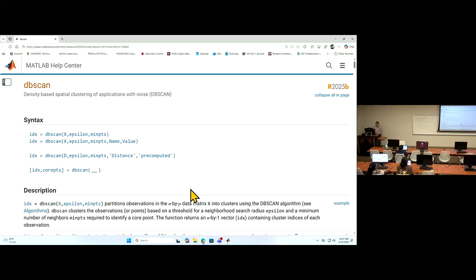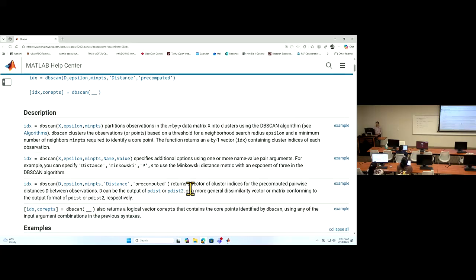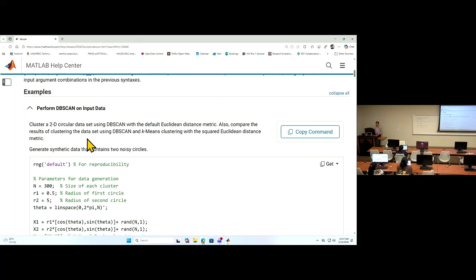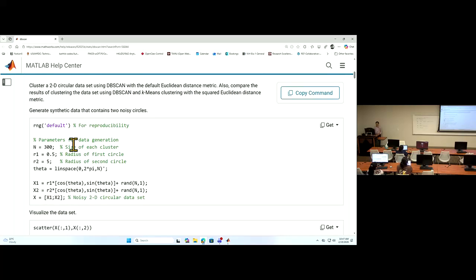Yeah, I don't know how they decide. So this example performs a DBSCAN input, and they